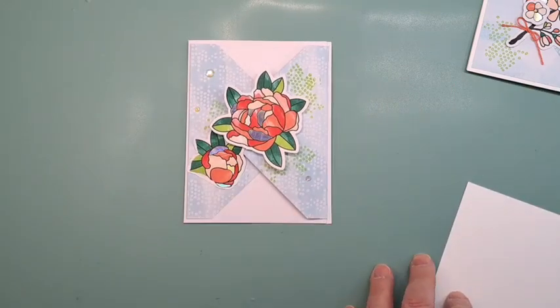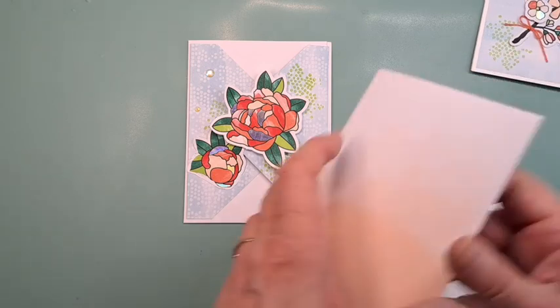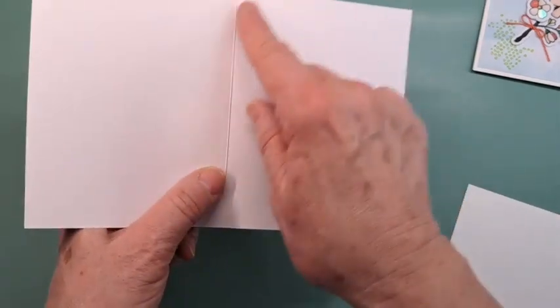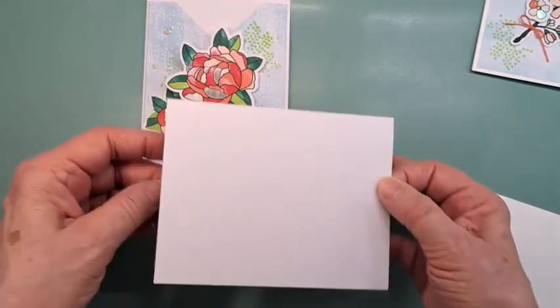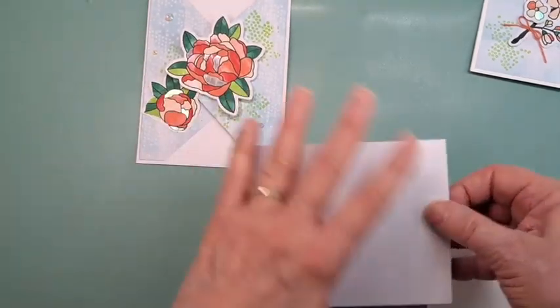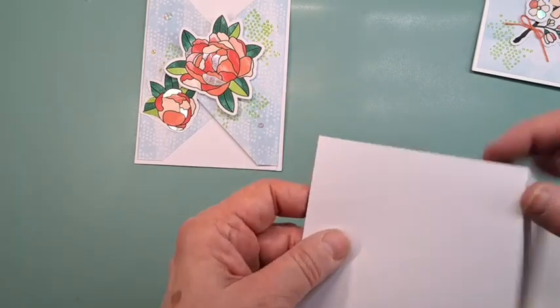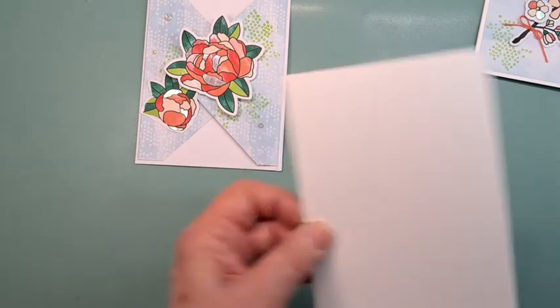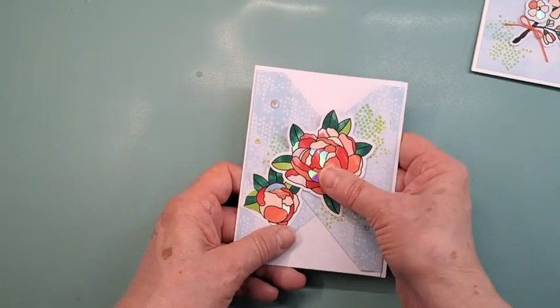The other thing is, if you wanted, because one of the things I'm going to show you next is, I'm going to use just the front of this. So I'm going to cut it here. So that gives you this piece, which you could use as part of a card base or whatever. But you also could use that to cut up to do some different sentiments. So you've got a few choices there of what you might be able to do. Okay, so